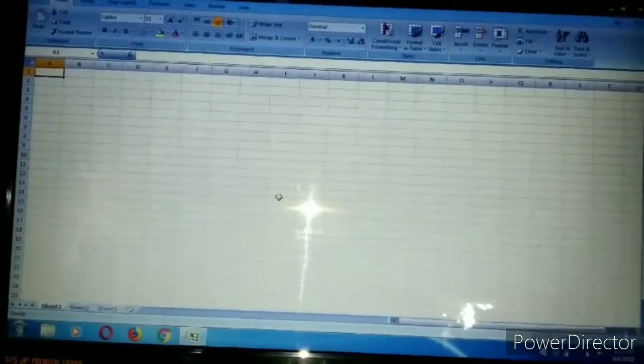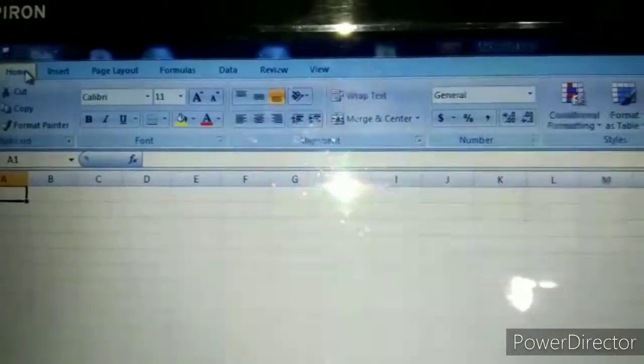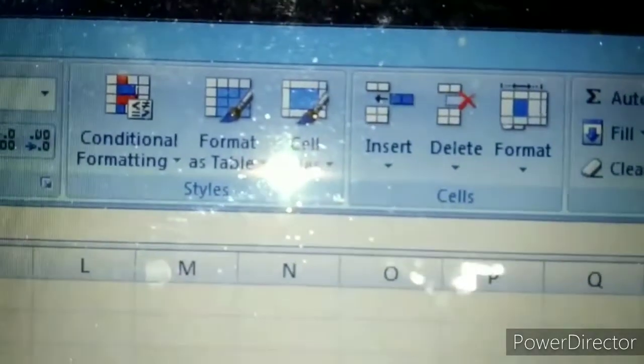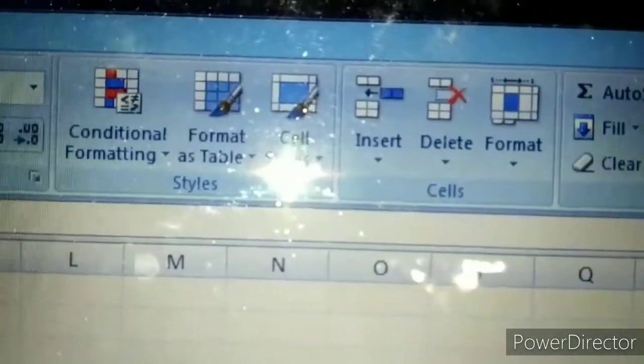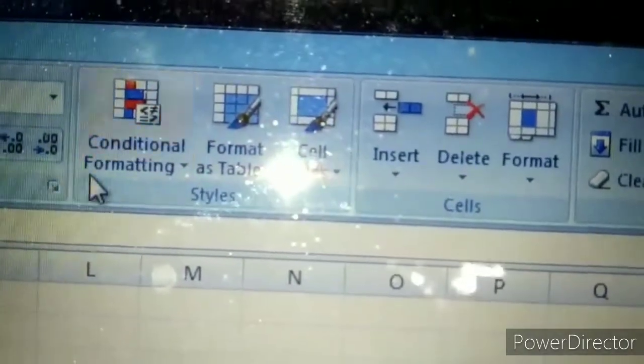Okay, for this you see conditional formatting. In the home tab, first we click the home tab and we will go here, and you see here we have conditional formatting.